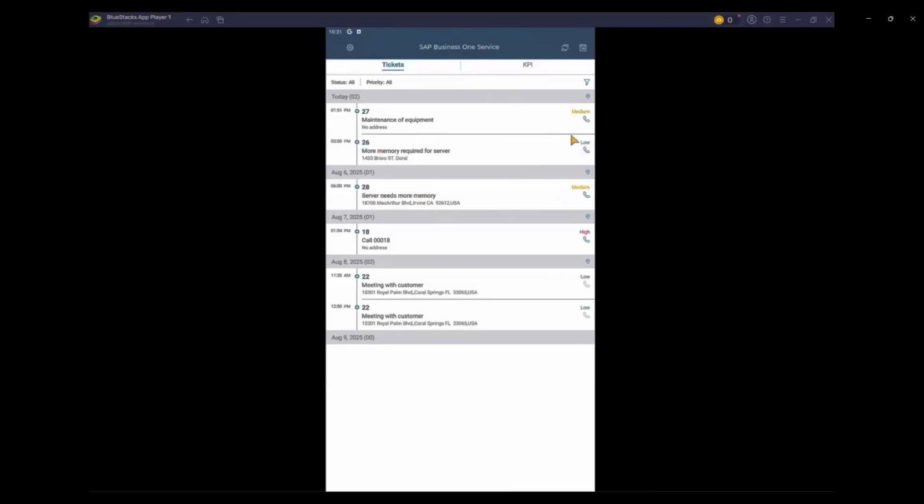One low priority and two medium priorities. Each scheduled call typically displays its priority level, time slot, and some essential details about the service requested. Here, for instance, we could normally expect to see information such as the address and the subject of the service